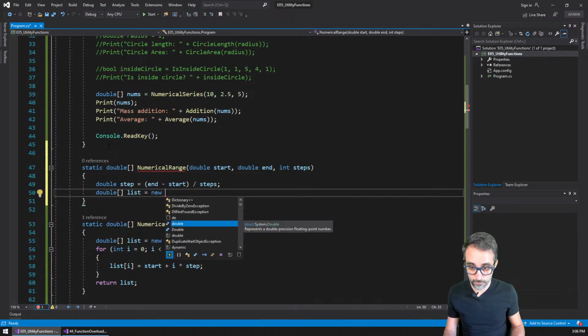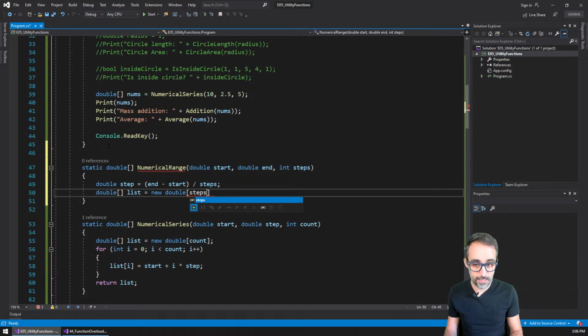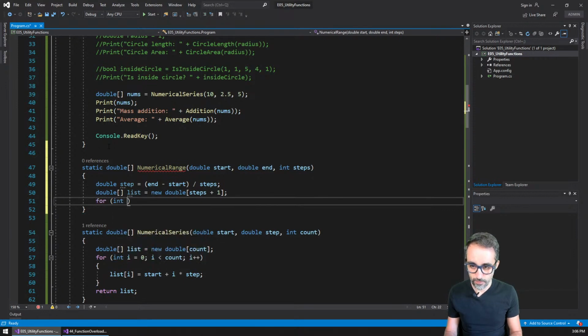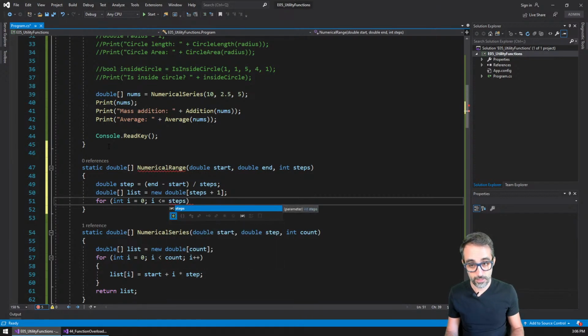Is going to be the number of elements for this list is going to be the number of steps that we have plus 1 unit, as we just described in the diagram. And then for int i equals 0, i is less or equal to the number of steps, or is less than the number of steps plus 1, however you want to see this, it doesn't really matter, right? Or an i++,